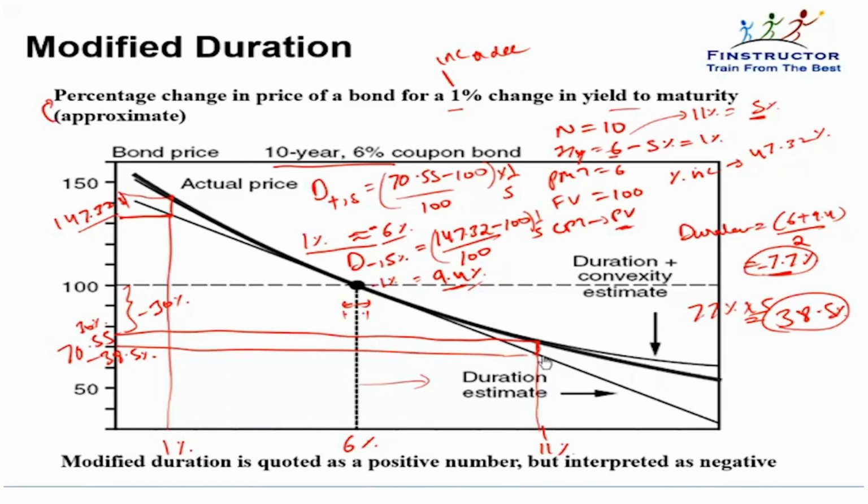So in the real world, it is very difficult to actually have this scenario that yesterday interest rates were 6% and today they become 11%, or yesterday they were 6% and today they become 1%. But in case fast yield changes do happen, then a duration approximation will not be very good. We'll study more about duration and how we can make the duration estimate better by adding something called convexity. And we'll see that even duration plus convexity will not get us to the exact actual price that we calculated, but it will get us quite close.